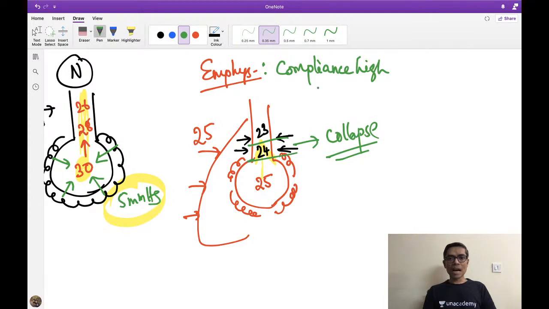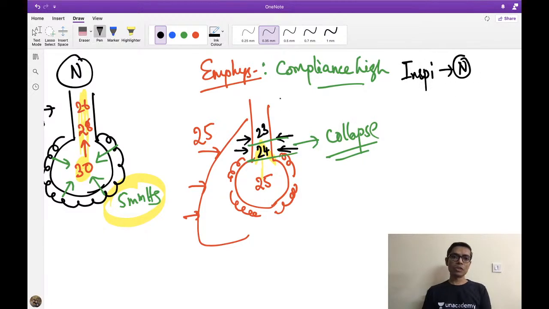Because of the high compliance, the person takes inspiration easily. So a huge amount of air has already entered into the alveoli, but during the expiration process, just now we have discussed